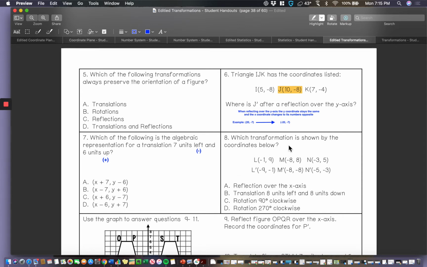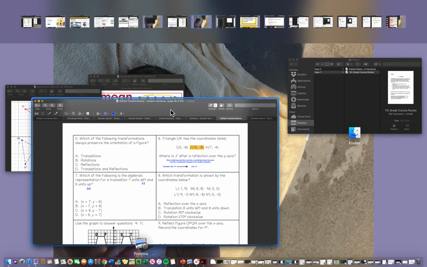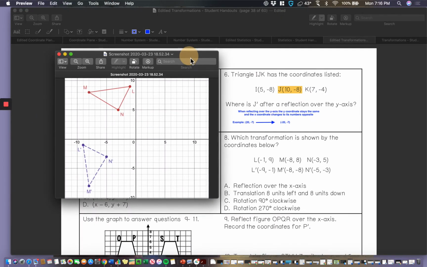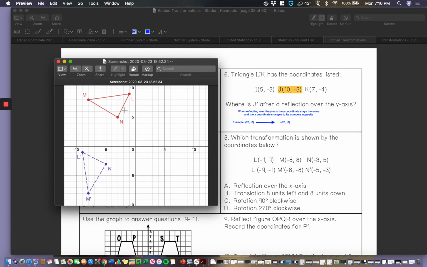8. Which transformation is shown below by the coordinates below? So what I did here was, this is a little hard to visualize, so I drew an image on Desmos so that you could see. So my original image was here, right? So this is my pre-image, and they want to know what transformation occurred